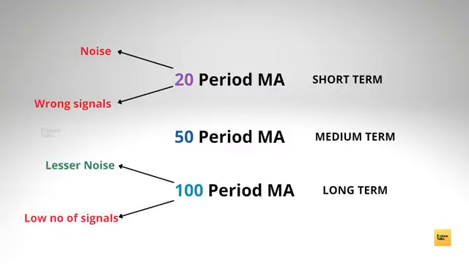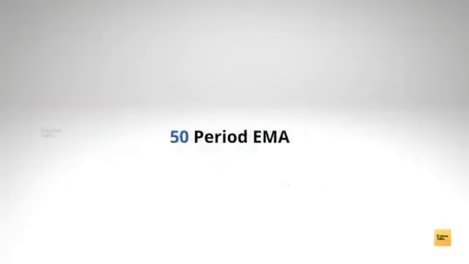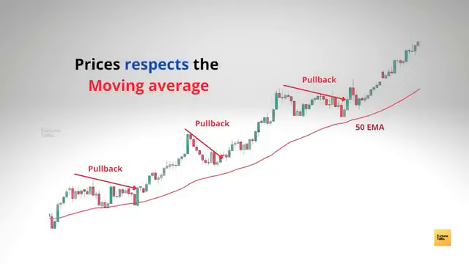Longer term moving averages, on the other hand, move slower, and so they are less vulnerable to noise, but you may not get as many trading opportunities as in the case of the short term moving averages. So it is up to you to weigh the pros and cons of your own trading style. For the purpose of this example, I will use a 50 period exponential moving average and the price is in an uptrend. Here we can see that the prices are correcting and reaching the moving average, and it is